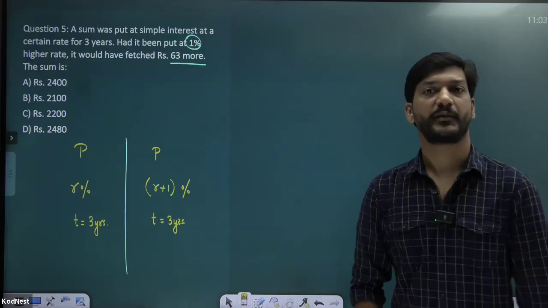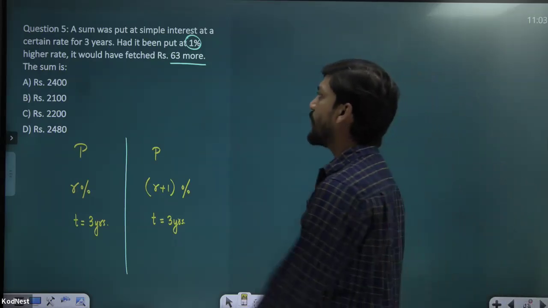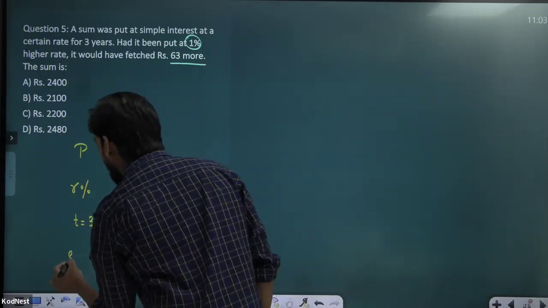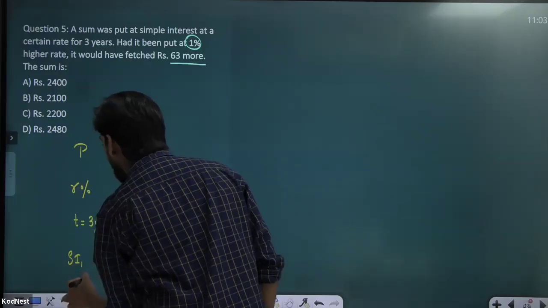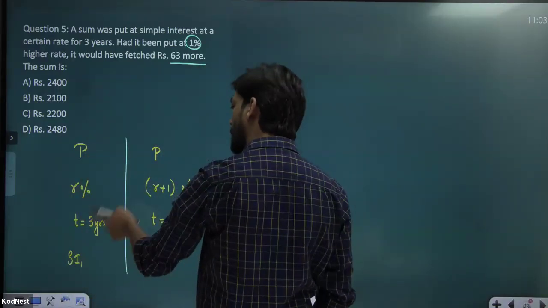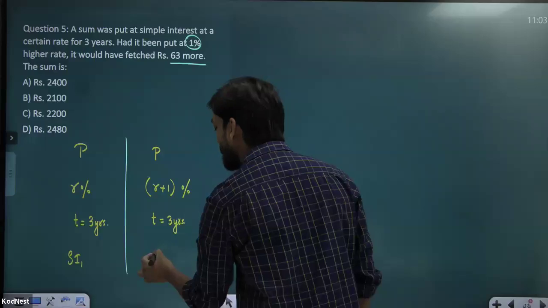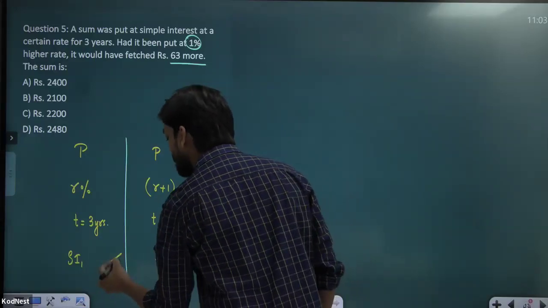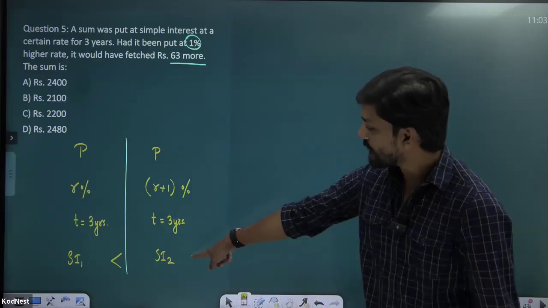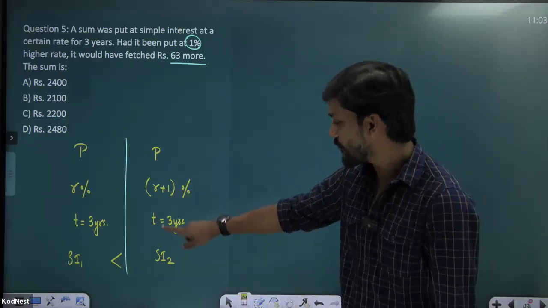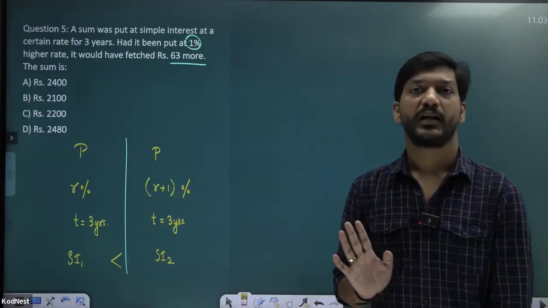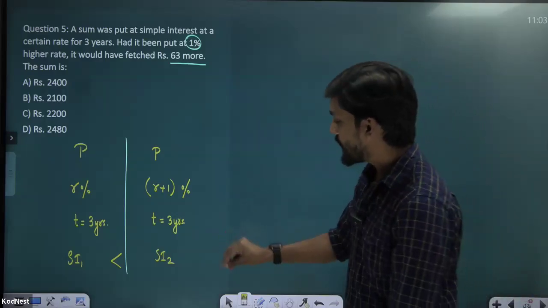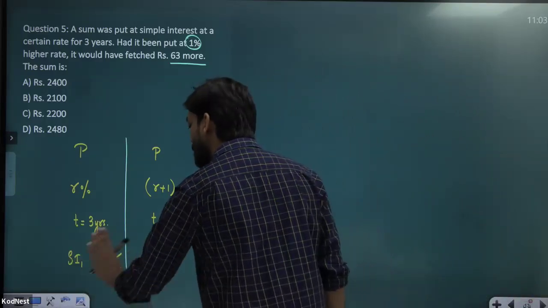For both. All right. Next, one more thing. Because the rate of interest is different, the interest you will get and the interest your friend will get will be different. Obviously your friend's will be more because of the higher rate of interest. So as per the question, the difference of these two values is